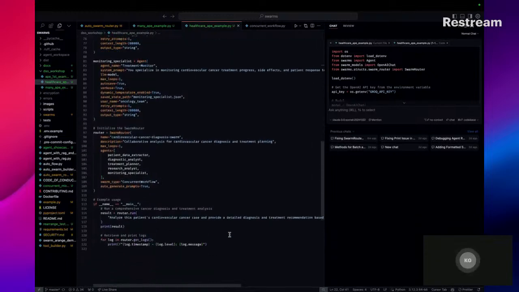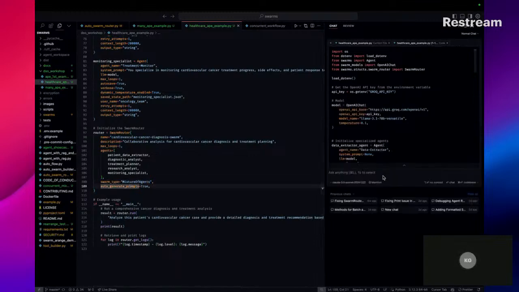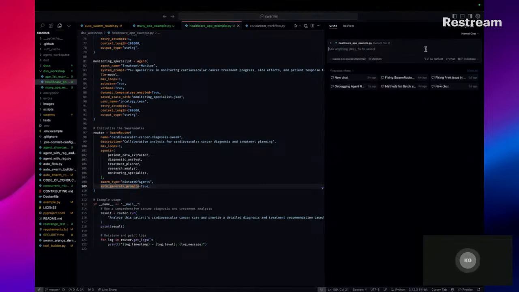Now we can give some input data. So here we have the cardiovascular cancer diagnosis form, and then here we can change it to say mixture of agents, and then we could also generate the prompt. So now we can have the agent think of a task. So we say, what would be an example task for this?